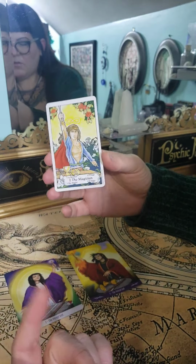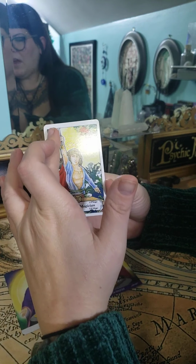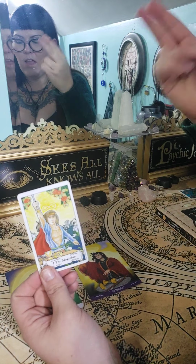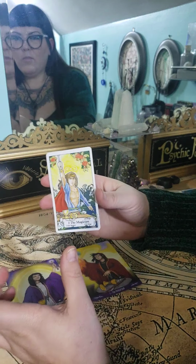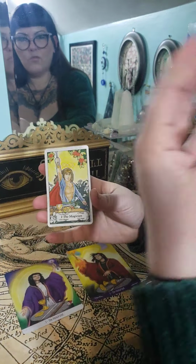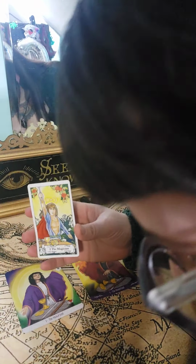The most important factor to pay attention to that you'll see throughout many different cards is the wand and the position of the arms. This is as above, so below. This also means as above, so below. So sometimes you'll see this just in the hand position, but he has a silver rod in his hand connecting to the cosmos, and he's wearing gold around his wrist. He's grounding it. And he also has gold around his third eye and around his heart chakra in this particular